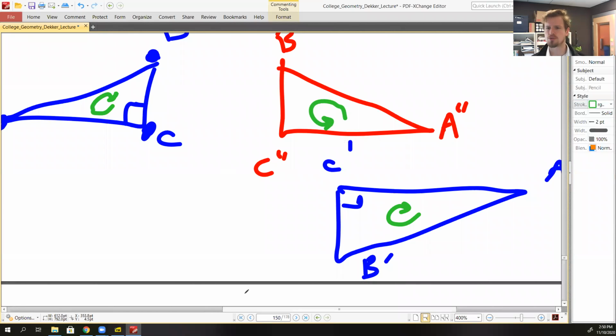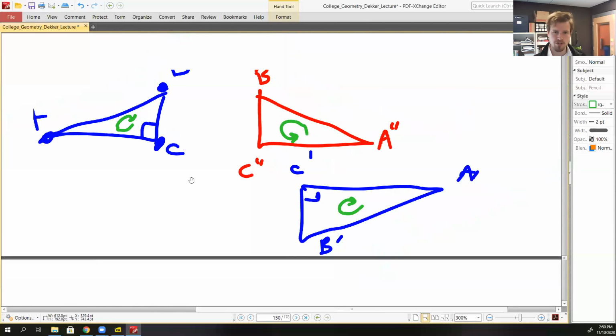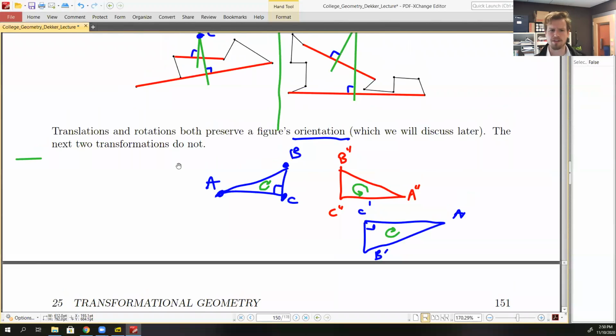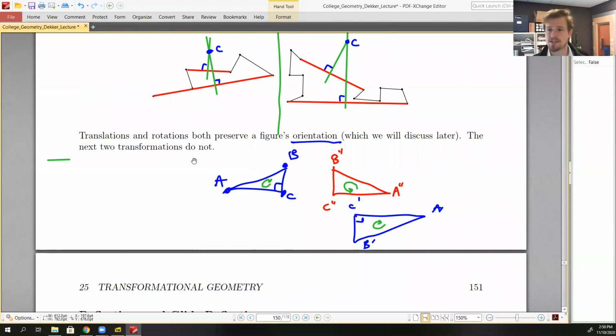So the orientation you can observe as how you're traveling along a figure. If you end up traveling in the opposite direction, you have opposite orientation. So for a figure with this particular orientation, when we reflect it, we have an opposite orientation. When we rotate it, we have the same orientation. So the isometries that we've considered so far, translation and rotation, both preserve orientation. Excellent. So for now,